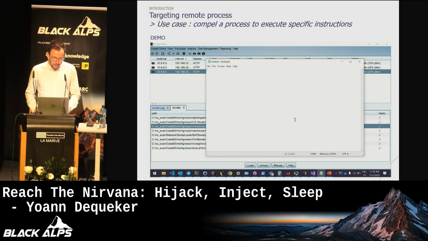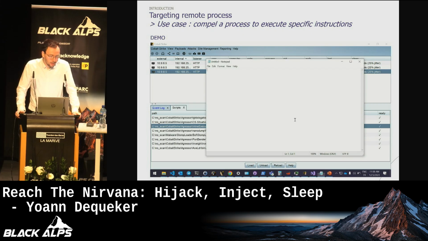I find it quite interesting. I don't know if I have a slide. Yeah, I don't have a slide about it. But there are some